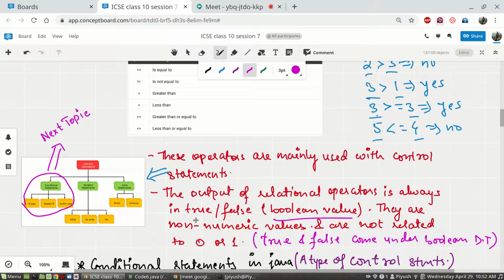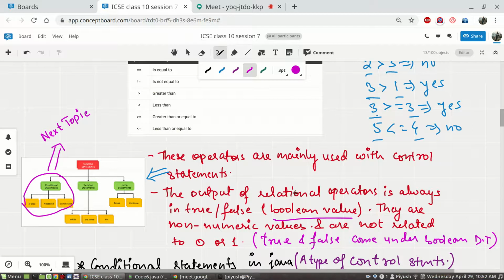So similarly this data type includes two values only, true and false, which is some sort of similar to 0 and 1 but not equal to 0 and 1, and because of the similar nature of 0 and 1 it is termed as Boolean value. Just to give you additional information, it's not having much relevance.